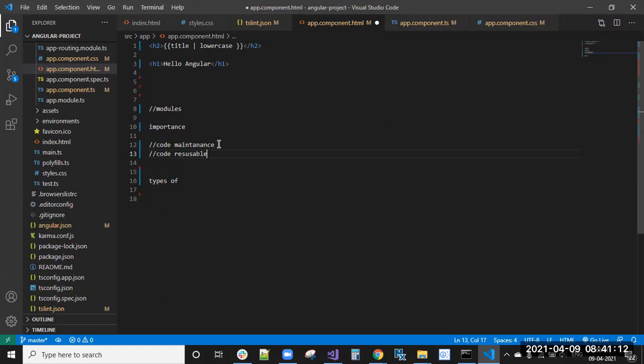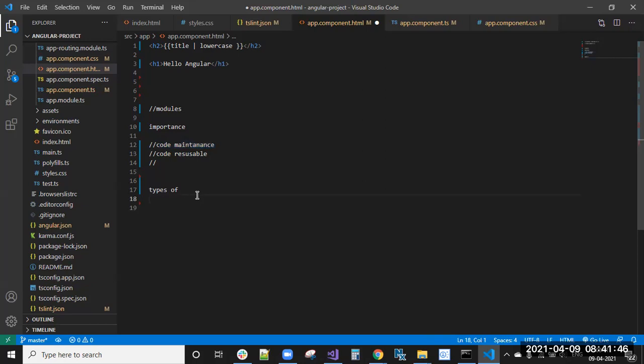So we can use it for code reusability. And if you divide the application into small pieces, the code will be organized and maintainable; the code organization is very clean and neat. That also comes under the importance of modules: code reusability and maintenance of code. These are the advantages of using modules.